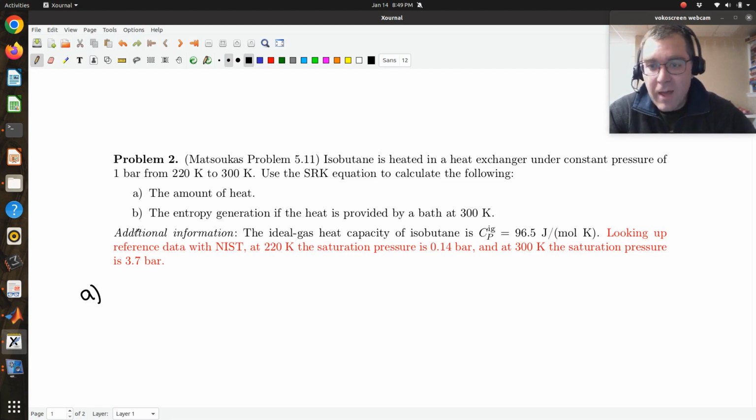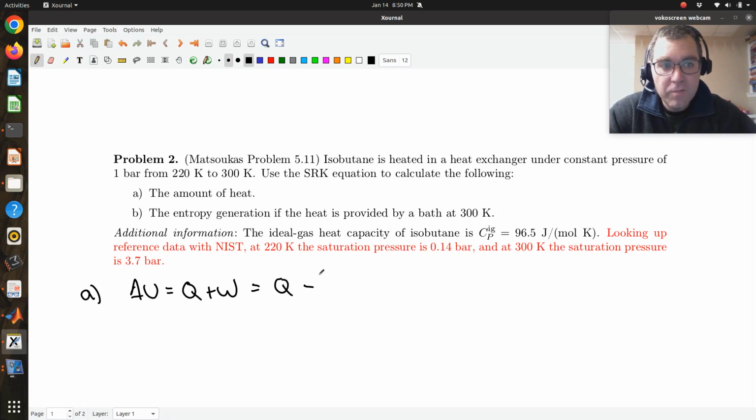So in A, we're asked for the amount of heat. I start by writing my first law balance. So delta U is equal to Q plus W. In terms of Q, I'm going to write down my expression for boundary work. So delta U is Q minus the integral from my initial state to my final state, P dV. Where if P is constant, this is Q minus P times the integral from 1